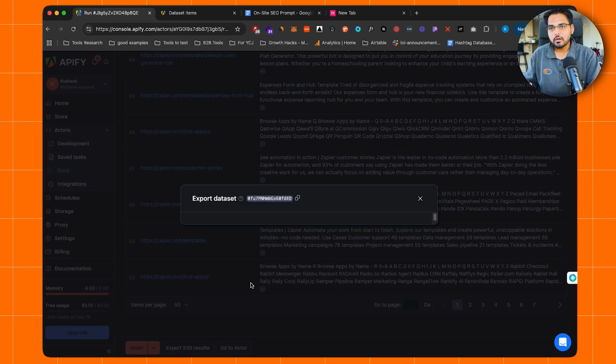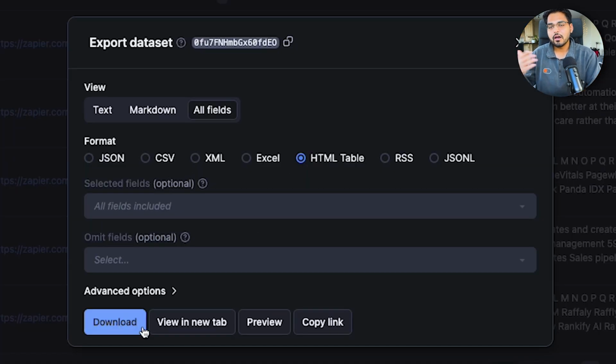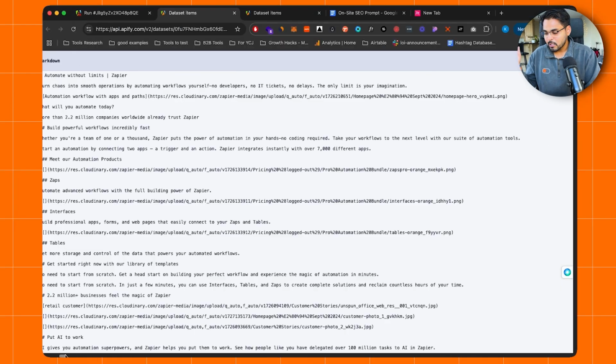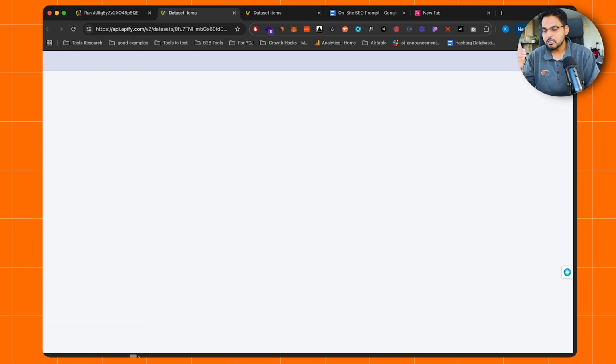I'm gonna stop it here because we got a whole bunch of pages, and we're gonna do this audit one page at a time. Of course, you can do all of them automatically with Zapier automation. Once we have the automation run, you can export the results. Here I'm just gonna view the HTML table in a new tab. Here we can see we got all the content, all the text on the page, all the headers,